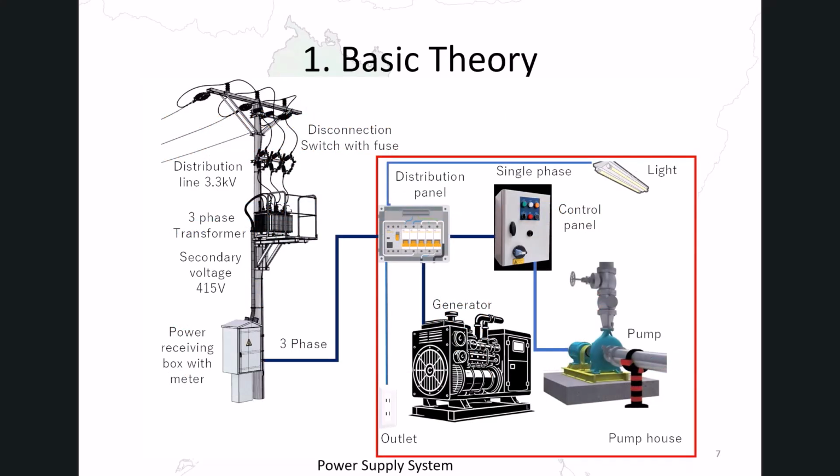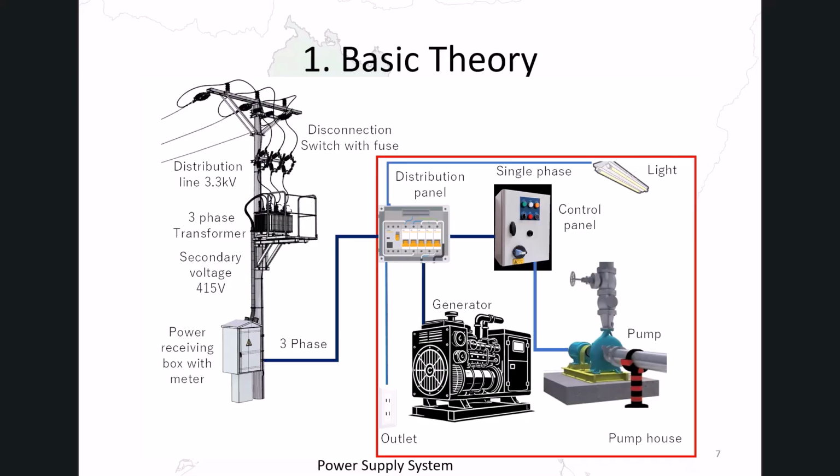This chapter explains the basic configuration of the power and control system shown in the figure. It also describes the operation and maintenance of pumps and generators, which are the main electrical components. Under normal conditions, the facility operates using commercial power. A generator is installed as a backup source to keep the system running during power outages.